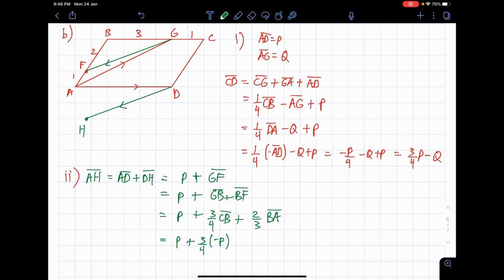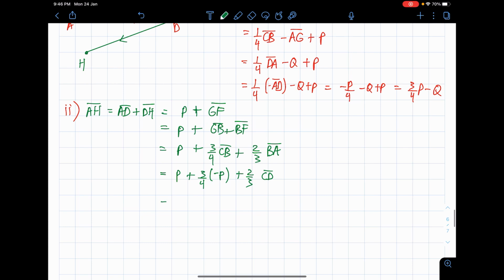Okay, this is a little bit annoying, DA. BA. Oh, okay. Luckily, I think they designed it that way. BA is the same as CD. Take a look at the lines and the direction. BA and CD are the same direction, so I can replace it. And that is actually the answer from the previous part.